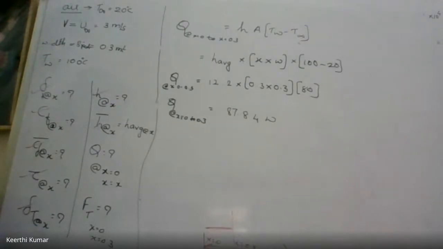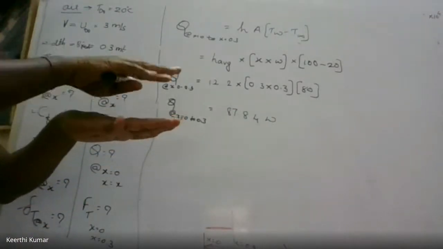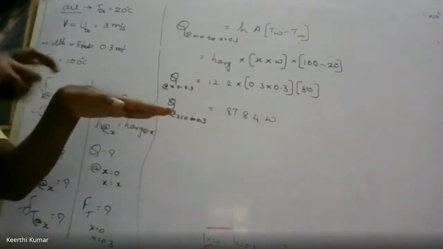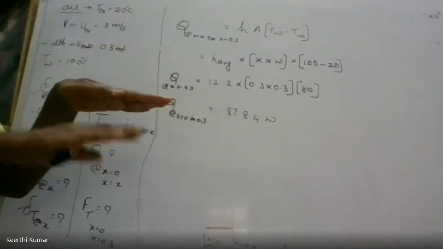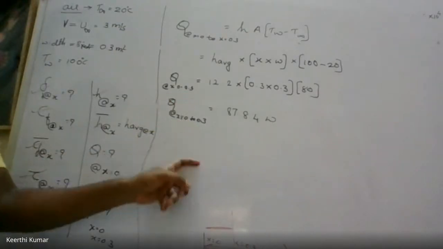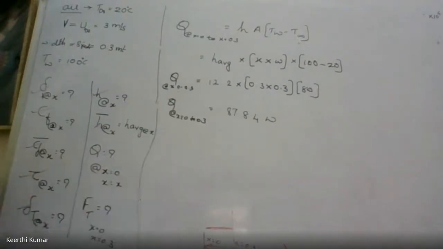That means we are assuming the air is flowing only above the plate. If the air is flowing only above the plate, then no need to multiply. This Q is enough. If the same question asks that the air is blowing on both sides, then multiply the value of Q into 2. Then that will become the total heat transfer. Yeah, done. Okay, up to this is finished. Then the last one, which one is it asking?